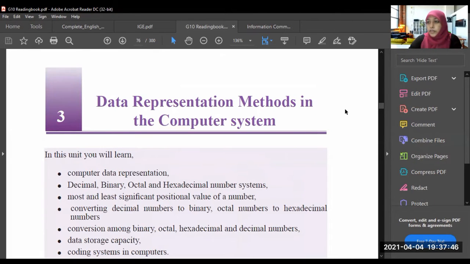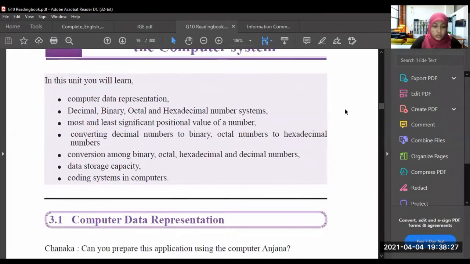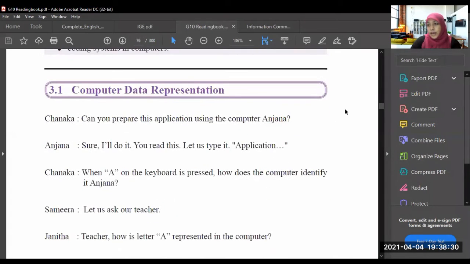So, in the third chapter, we are going to learn about the data representation methods in the computer system. As you know, maybe I have told you, or maybe you know, that in a computer system, when you are entering data, these data are not going as we enter them or as we understand it. As we means the human being, right? The computer understands the data which we input into it in its language. We call it computer language, right? So human language is different when comparing with the computer language.